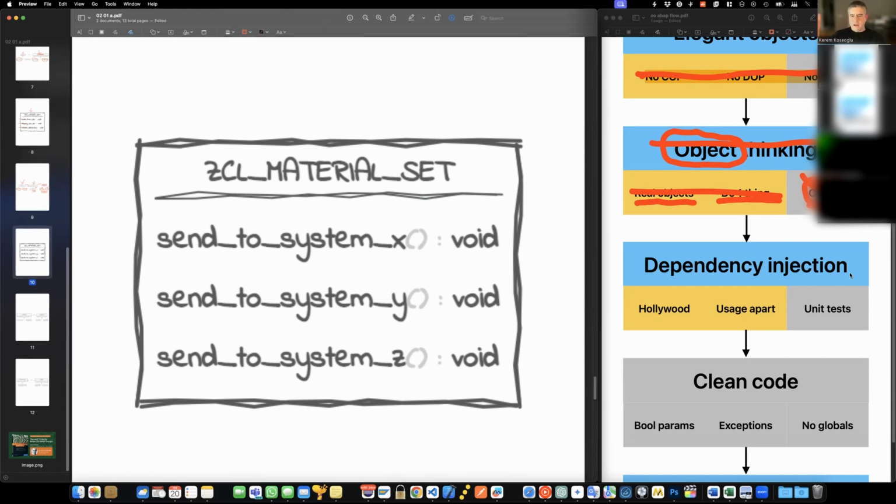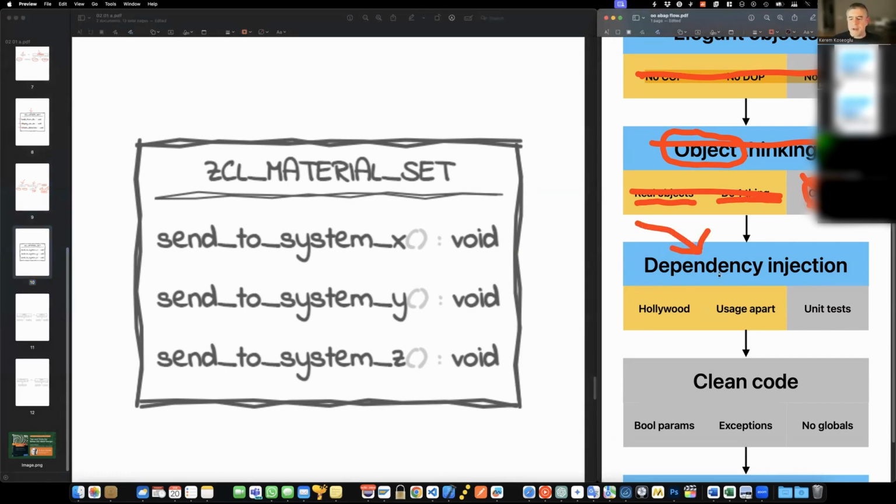Creating an object should be done somewhere else, and your created class should be passed to a further class as an interface. You know what I mean? If in the same method you are creating the object and using the object at the same time, it means that you are not following the practice of dependency injection.